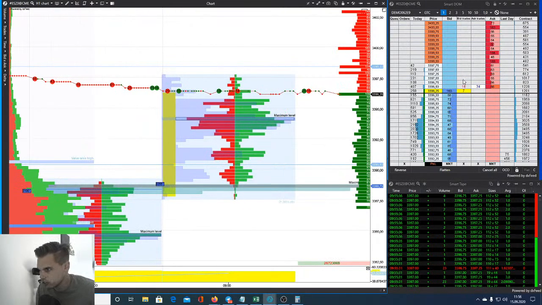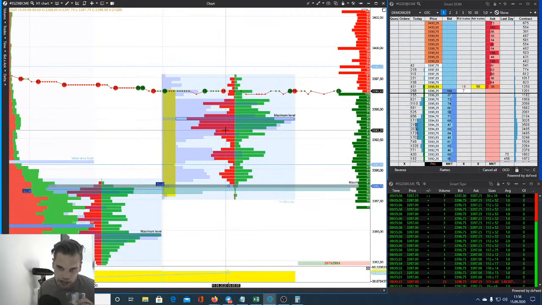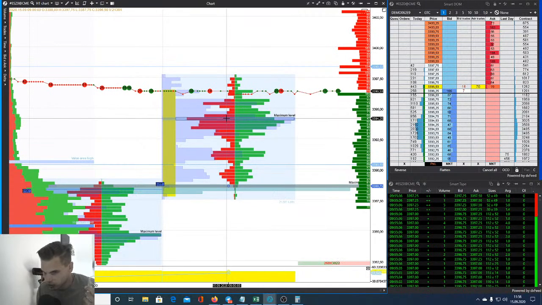And if it confirms that, then, oh look, huge buy limits chasing the price, nice. Then we have a nice trade idea, nice setup confirmation. However,